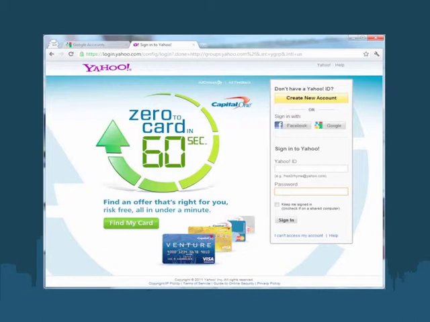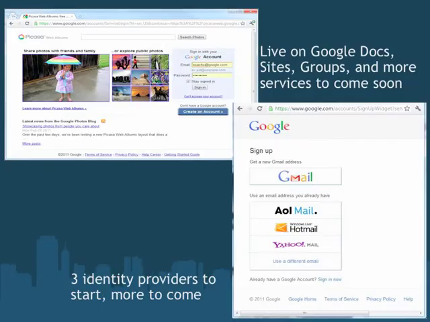There are other problems, such as once you add a button, say for a social network that's really popular this year but not so popular in the future, how do you take it off? Because all of a sudden all those people used to clicking that button can't. Or how can you customize the list to have popular identity providers in the country where the user is, because maybe you have an international audience. So there are a lot of known problems with this NASCAR UI, but you'll see it on many websites like Yahoo and